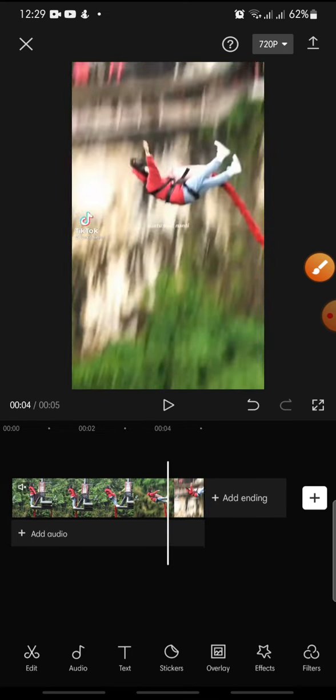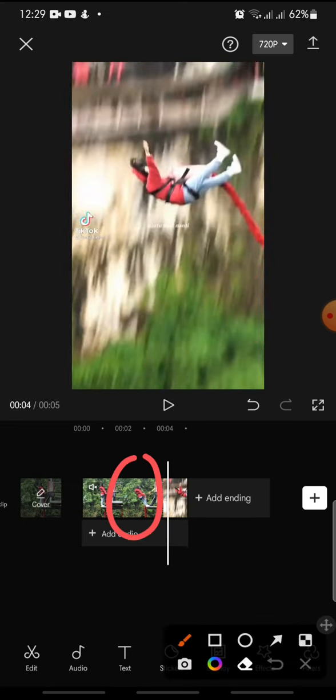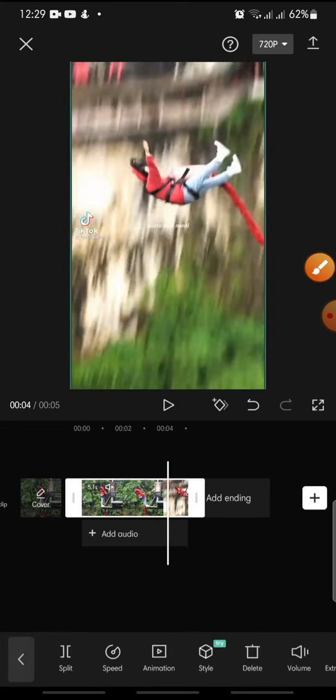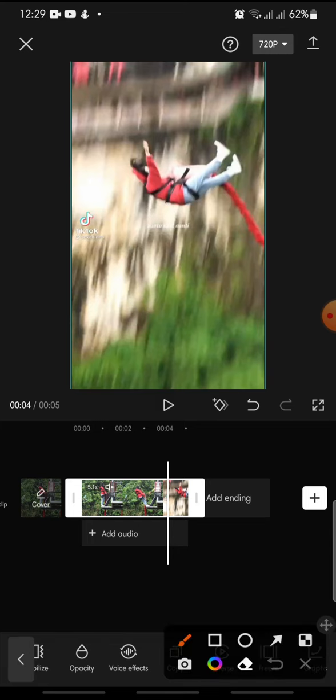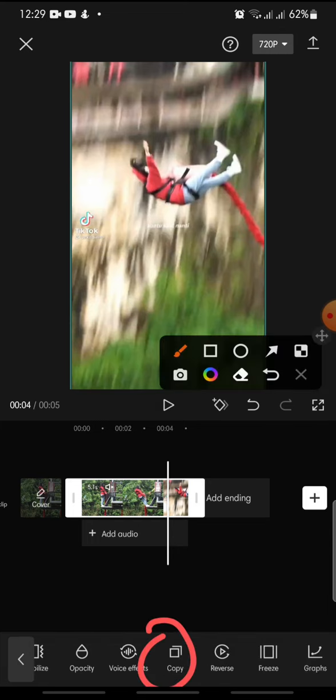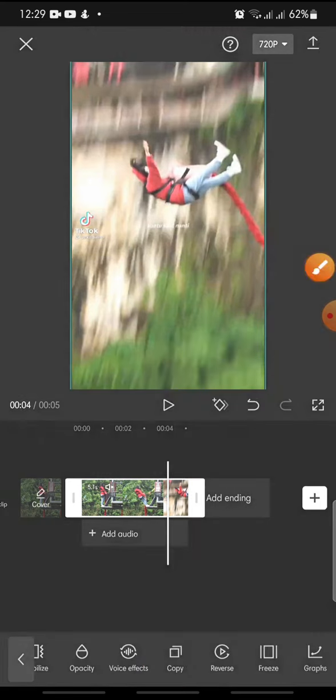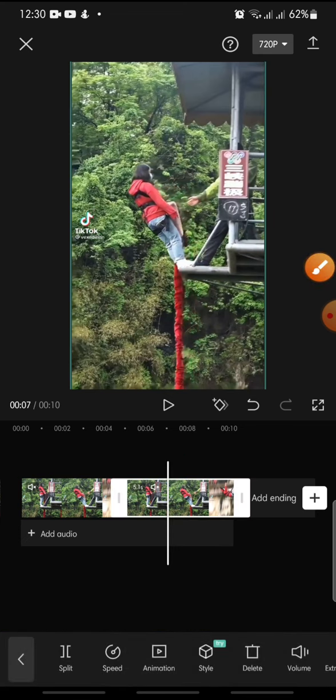Now you can click on the first video, and after this, at the menu you can swipe until you can see the copy. You can click on the copy, click on it, and after this you can click on the second video, click on it, and at the menu